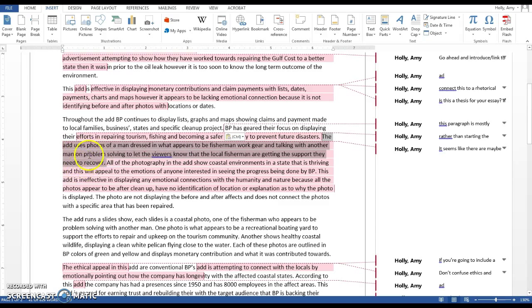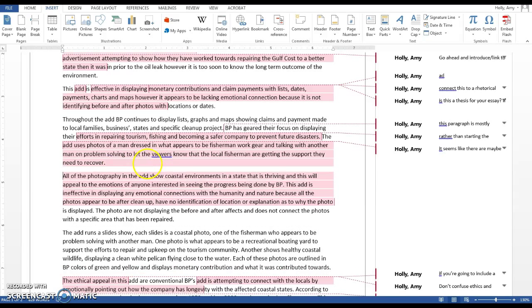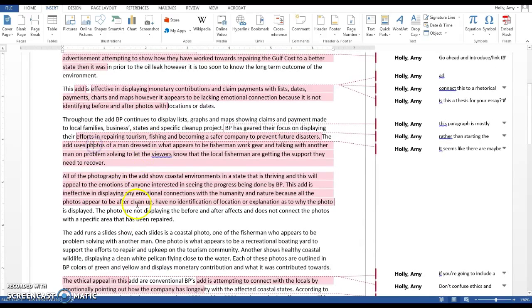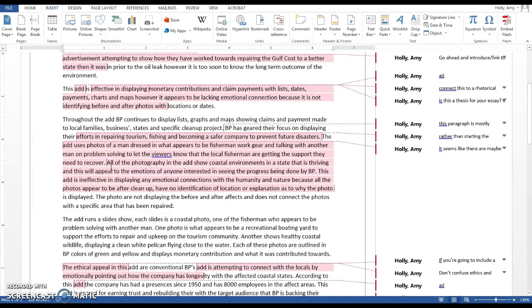This sounds like it could be almost an ethics point or even an emotion point. Same here, this is definitely about emotion, but it's ineffective in displaying any emotional connections. This is much stronger analysis in the second half of the paragraph here, but again, I think each of your paragraphs needs to be focused on one distinct rhetorical point. So maybe this is your logos paragraph, and this is your pathos paragraph, and this is your ethos paragraph. And then once you have those split up into separate paragraphs rather than including them together like you have before,